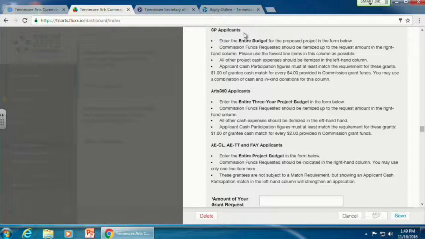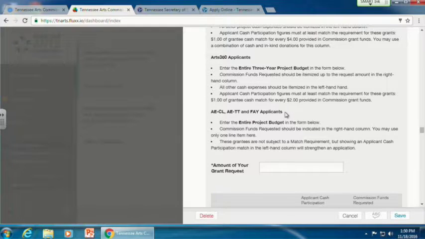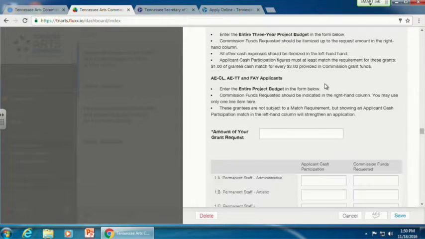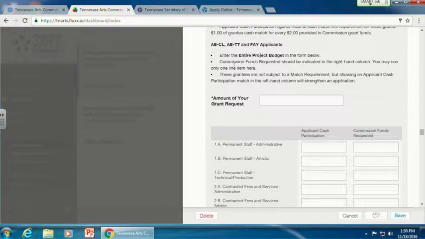This one's an easy one to miss. At the bottom of the instructions is an important one. How much are you requesting from us? So I'm just going to fill in that I'm requesting a maximum of $9,000 for my Arts Project Support application here, and then you'll see the table, which is